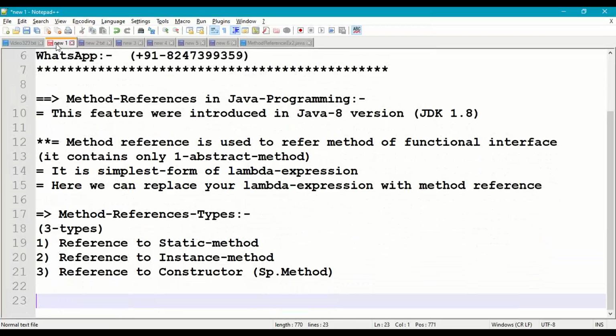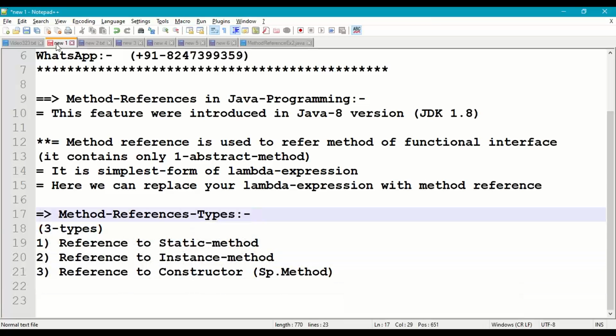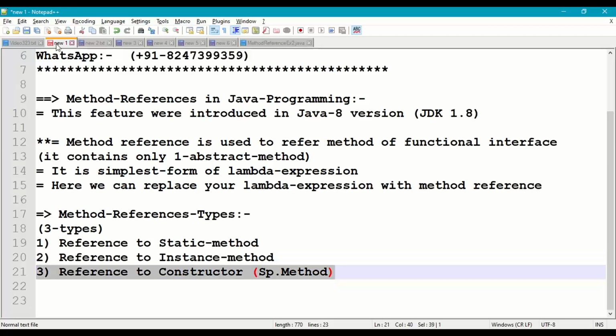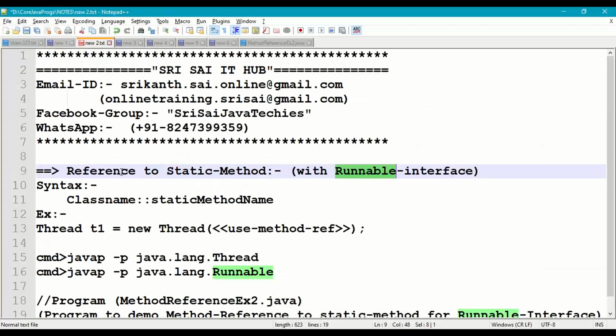Here we have three types of method references in Java. First, reference to a static method of a class; second, reference to an instance method of a class; and third, reference to a constructor, which is also a special method of a class. Coming to the syntax, to refer to a static method with the Runnable interface's run method,